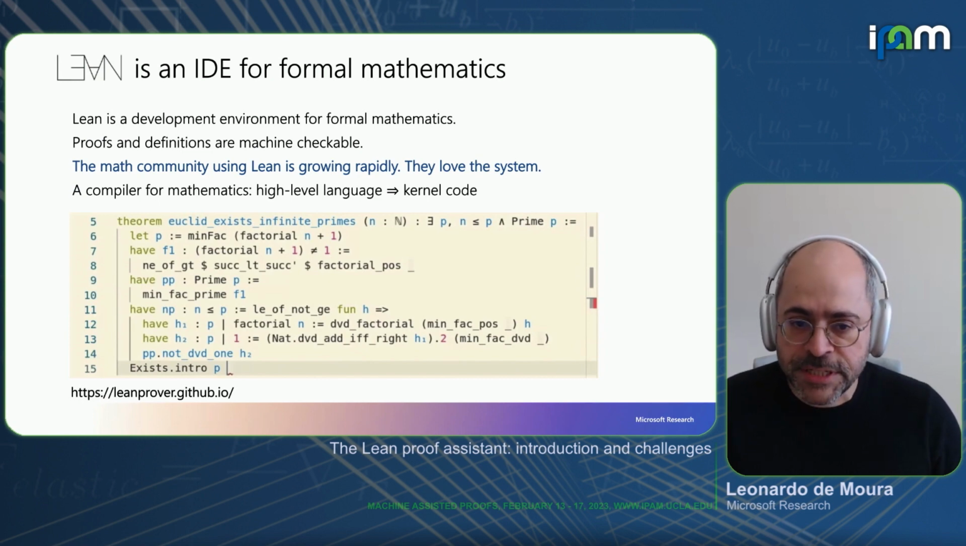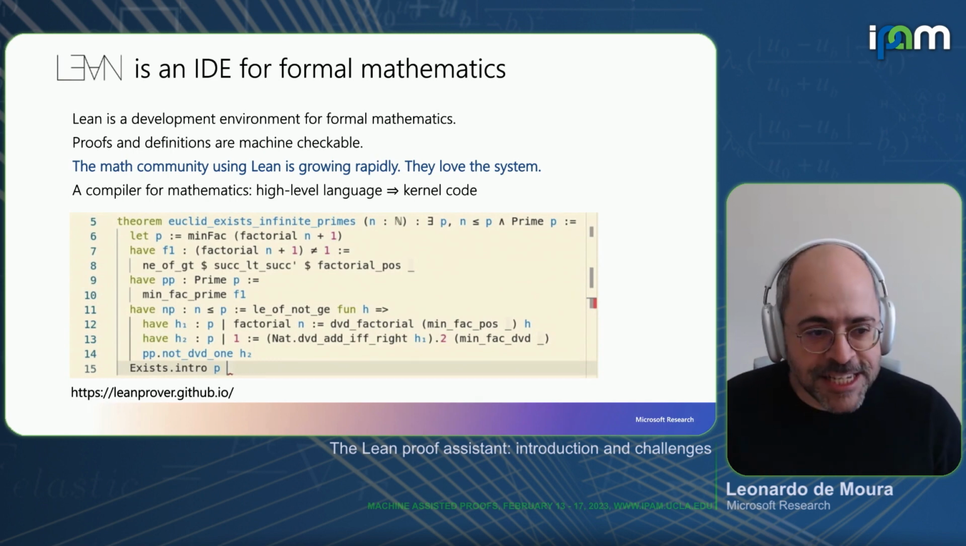All proofs and definitions are machine checkable. The math community using Lean is growing rapidly. I feel like they love the system. You can view Lean also as